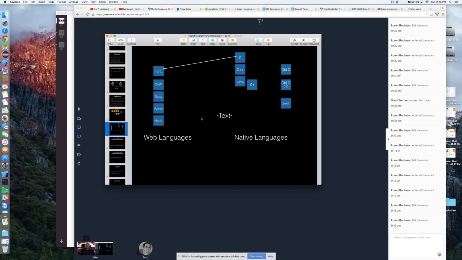If we fill out the slide a little more, we can say these are all high-level, loosely typed, interpreted languages. That's what all those guys are. These guys over here are high-level, strongly typed, compiled languages. So we could also throw a final line here and say slow and fast. And again, those are all relative terms in our world here.